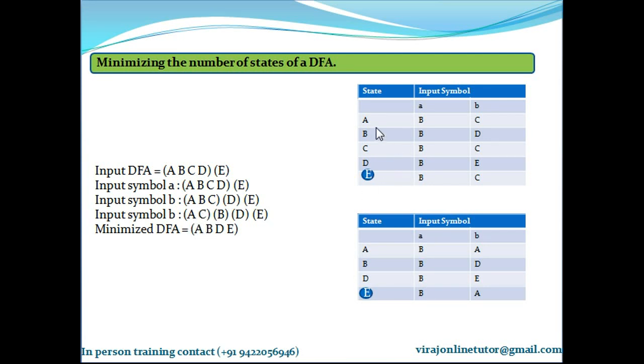So A on small a goes to B, which goes to this group. C on small a goes to B. So both these on small character A go to the same group. So it doesn't get split up. A on small b goes to C. So it goes to this group. C on small b goes to C, which again goes to the same group. So A and C on small a go to the same group. A and C on B go to the same group. So if you are going to the same group, it doesn't get split. But if the entity is going to a different group than others in that group, then it gets split up.